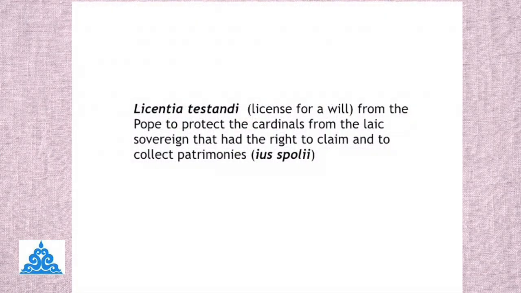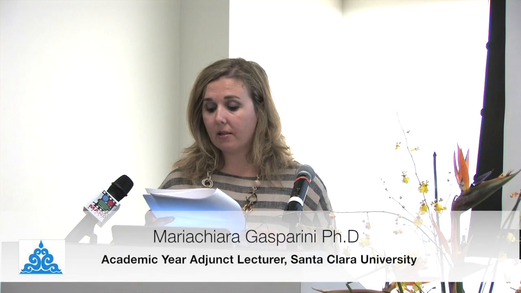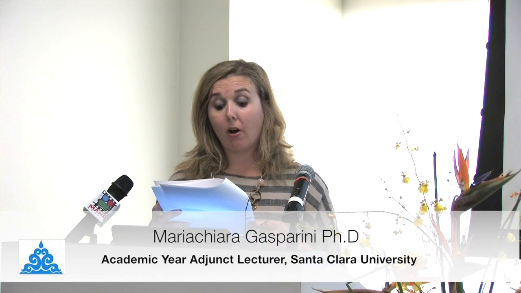High-quality textiles appear also in the last wills of the cardinals, who, since the 12th century, had obtained the licentia testandi, a license to make a will, from the Pope. The first one was released by Pope Celestine III to Cardinal Peter of Piacenza. Originally, the licentia testandi had the aim of protecting the cardinal, who generally came from a high-class family, from the sovereign who had the right to claim and collect patrimonies, the ius spolii, but when, during the papacy of Innocent IV, the ius spolii became a right only of the Pope, the licentia testandi was extended to the whole church